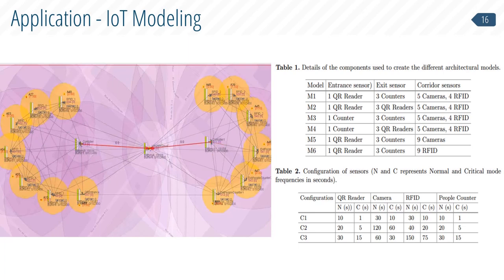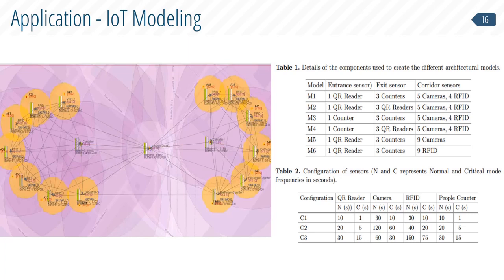And so the simulations were also according to the 2 agent-based models that I explained in the last slide. As I said, in the first table you can see the various models which vary based on sensor type and number of sensors, and the second table shows the configuration in normal and critical modes that of course impact the